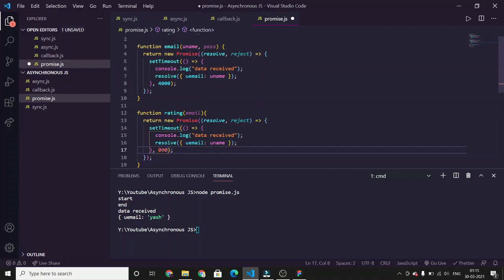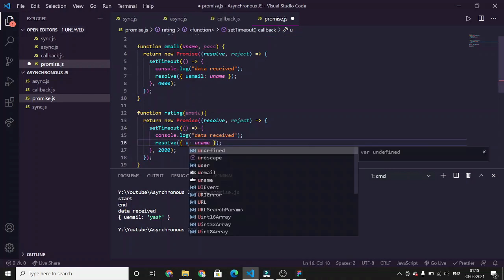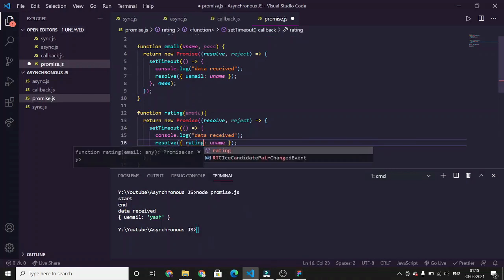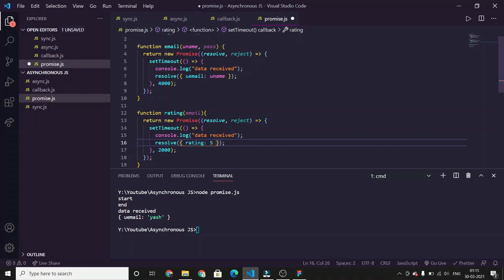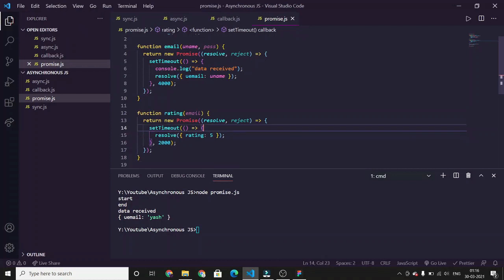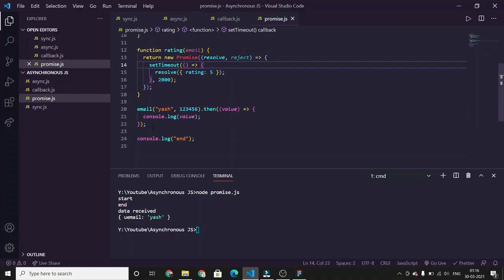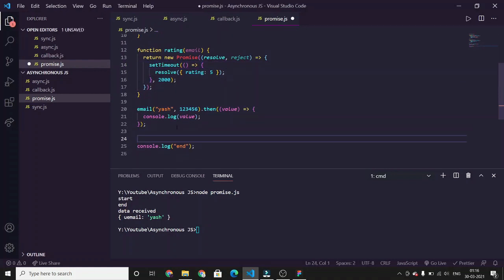Change the response time, let's say 2 seconds, and we were giving back a rating, let's say rating 5. We don't need this console log. So now you can access this by calling this function, the rating,